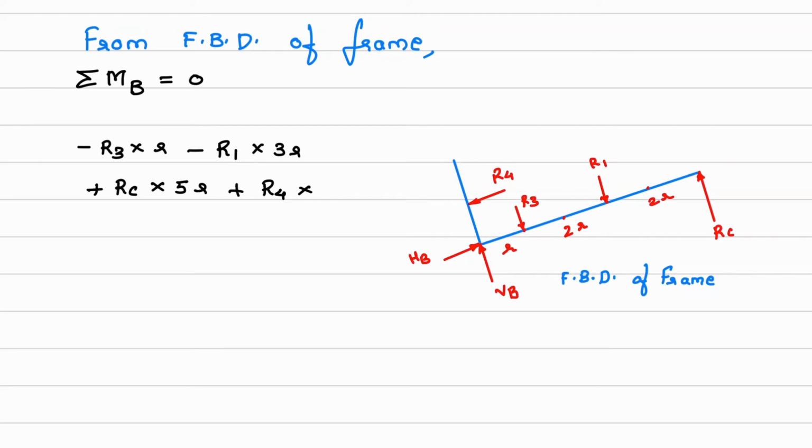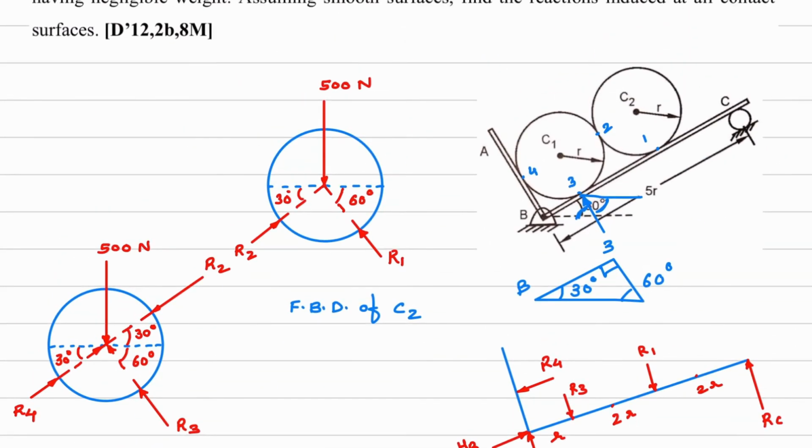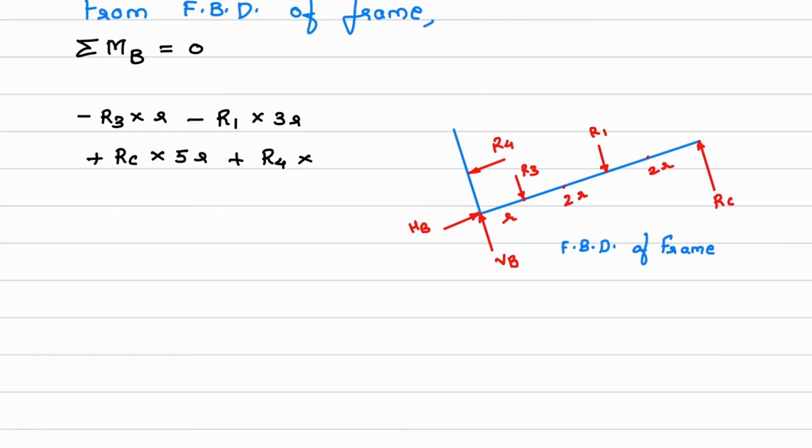Now what is this height over here? This height, it will be radius. We'll see the diagram. So if you see this part, this is the reaction R1. So this height will be how much? Radius. So that R4 into R equal to 0. So R is common in all the left hand side terms, so you can take R common and it will go towards right and become 0.